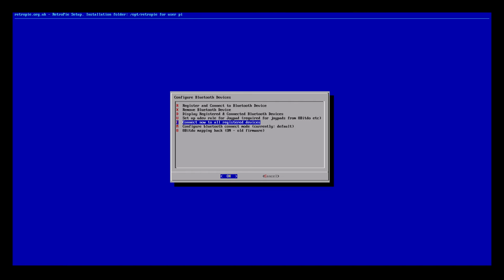I suppose it's useful if you've already registered your devices and there's a few and you don't want to manually reconnect, just hit that and they'll all get connected at once. So no doubt it's useful in certain circumstances. This one,